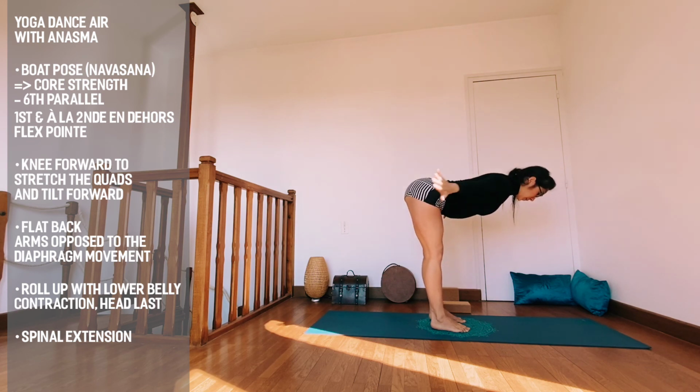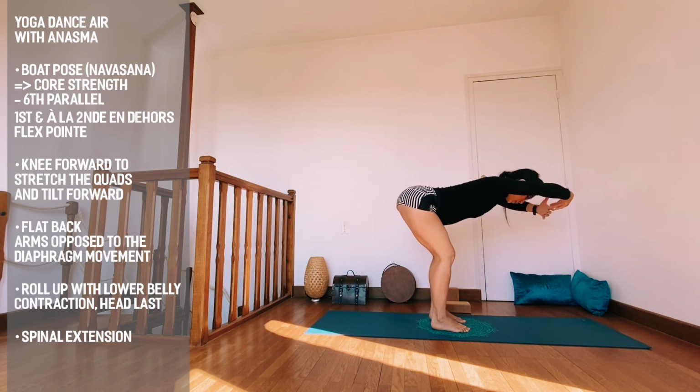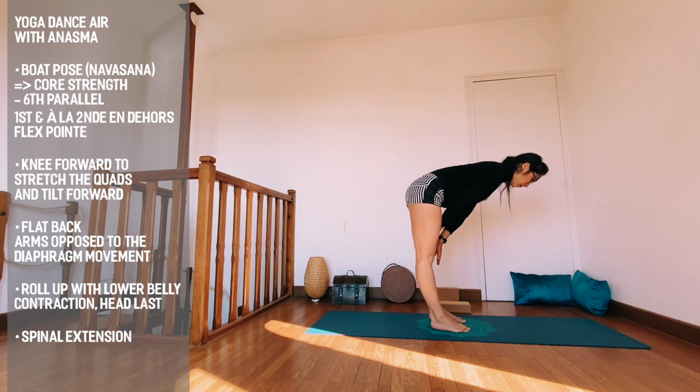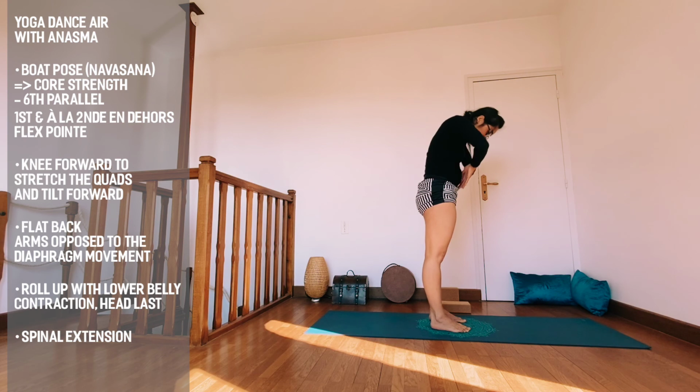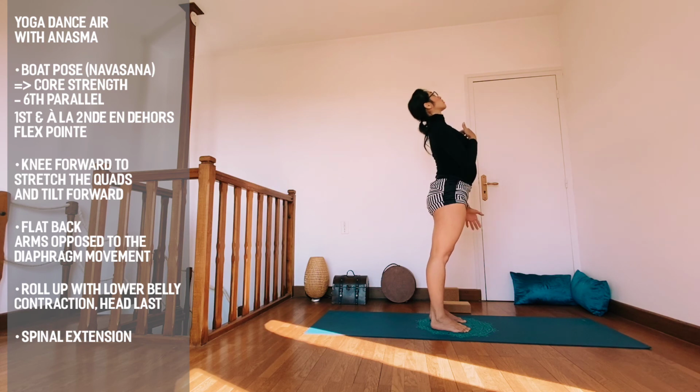Inhale. Lengthening lower belly, lengthening the waist. Keep the weight into the front of the feet. Exhale. And inhale, as if you were swimming. And now exhale, bringing the sacrum and tailbone towards the front. Inhale. And exhale. From the sternum, bringing